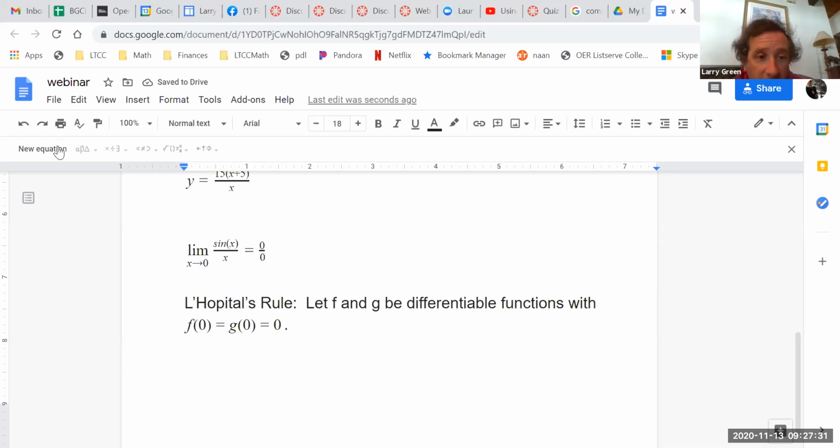Notice that our numerator, sine of x, if you plug in 0, you get 0. And x, if you plug in 0, you get 0. So we have the case where f and g are both 0 at 0. Actually, maybe I shouldn't say 0. It doesn't have to be 0. It could be some constant c, wherever you're taking the limit to. In our example, it's 0. Then